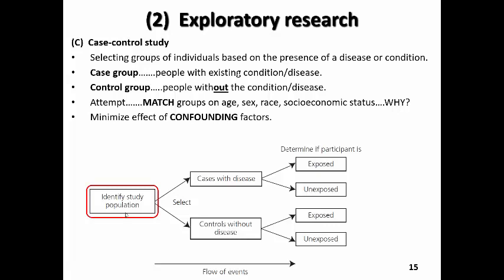Recall that the cohort study did that as well, but the cohort study could also take an exposure-based sampling approach. We don't have that with the case control study. So that's the first contrast with the cohort study. The second contrast is at the very bottom of the slide. If you notice here, this is not a time-based element, but an event-based factor